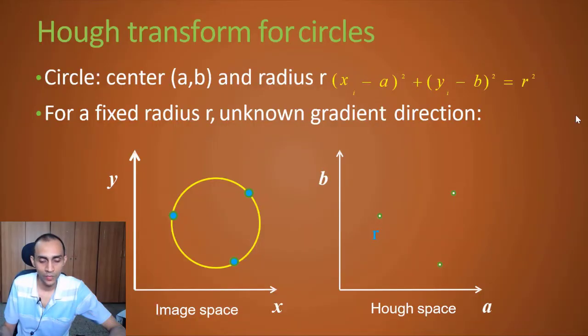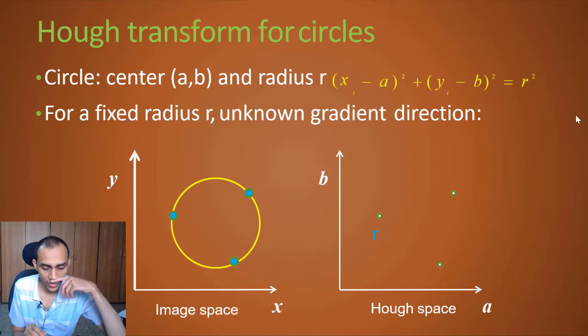Let me continue where we left off yesterday. We discussed the Hough transform method yesterday for the straight line equation, and today we'll see that we can extend it for other parametric equations as well as some generalized shapes also. So for example, if we have to fit data points for a shape like a circle, then as long as we